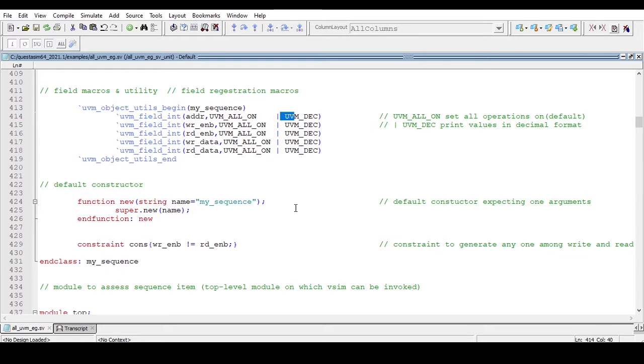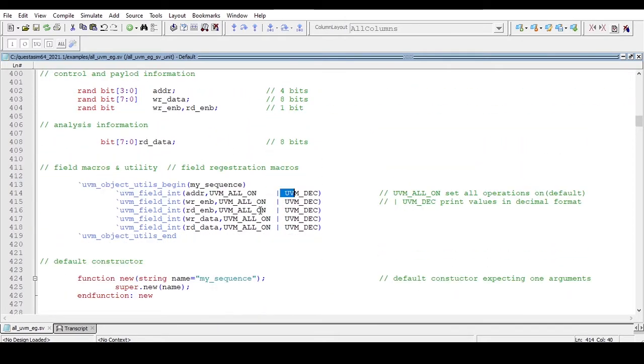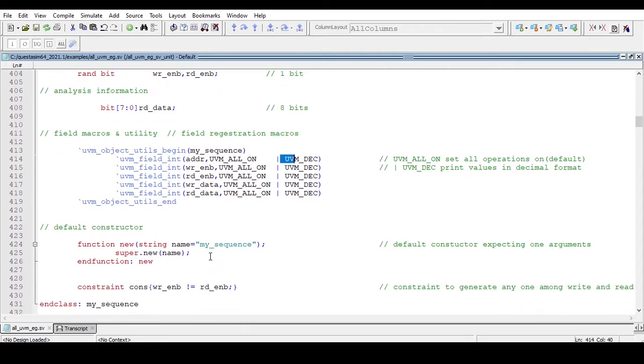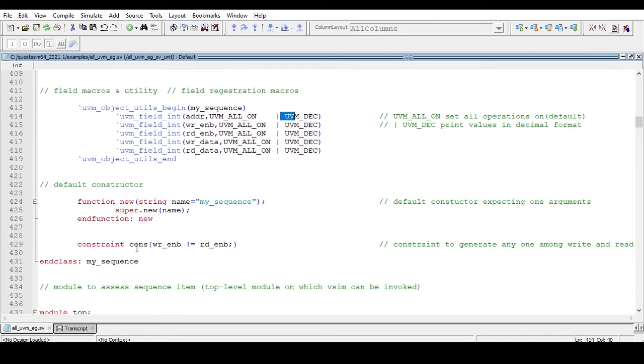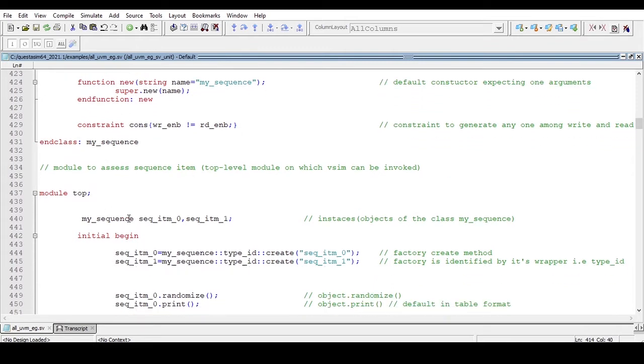As this sequence class is an object in the UVM base class hierarchy, this default constructor will expect one argument only. Now this is the constraint I am providing. After that, in the top module, I have my class, my sequence, and I am creating two instances, or objects, of this class: sequence item 0 and sequence item 1.